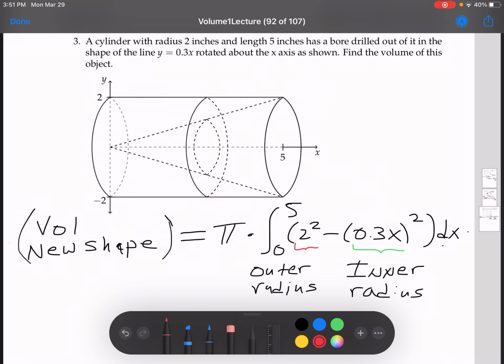So this outer radius is that whole distance, and we're taking away the inner radius squared. And that leaves us